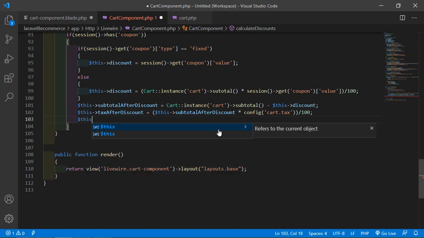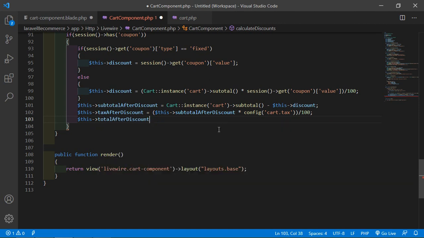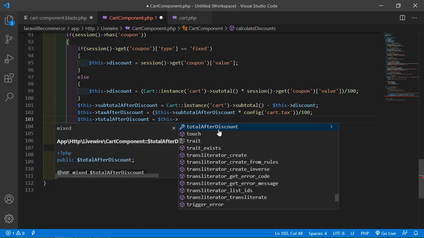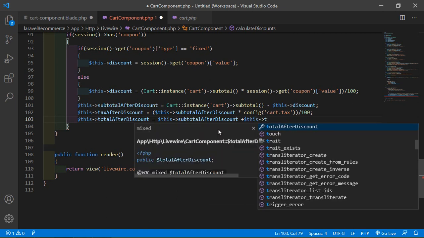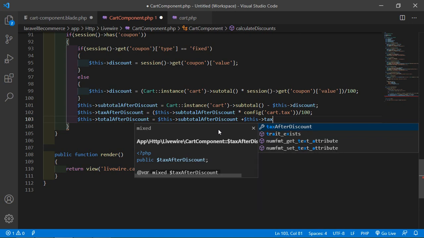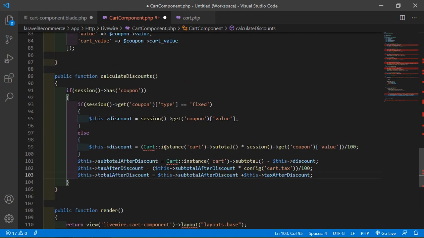All right, now $this->total after discount is equal to $this->subtotal after discount plus $this->tax after discount.